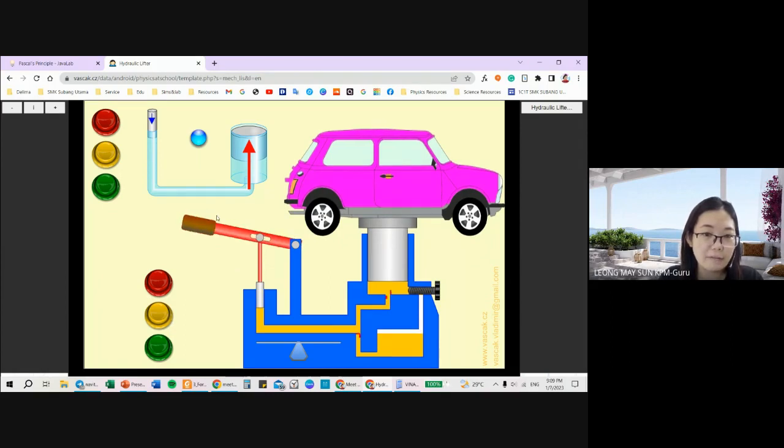So when the lever presses down, the hydraulic fluid will move from the smaller piston towards the bigger piston, whereby this valve will be open. All right. When this valve opens, hydraulic fluid can enter the larger piston. And then when